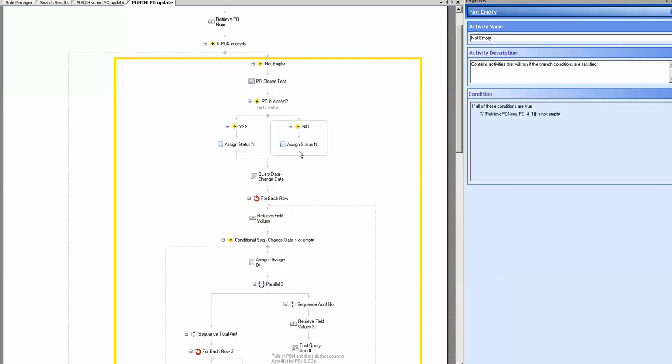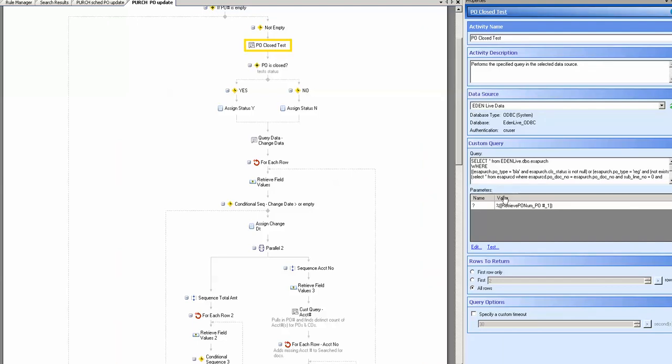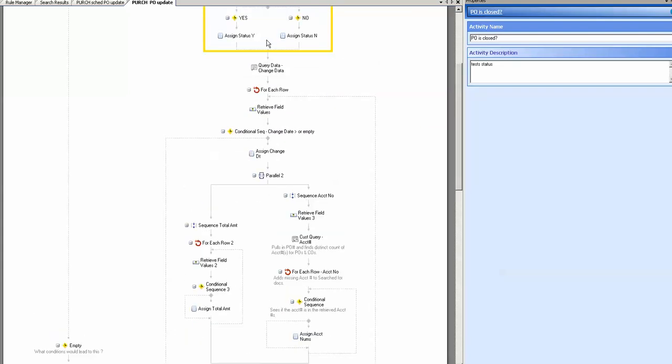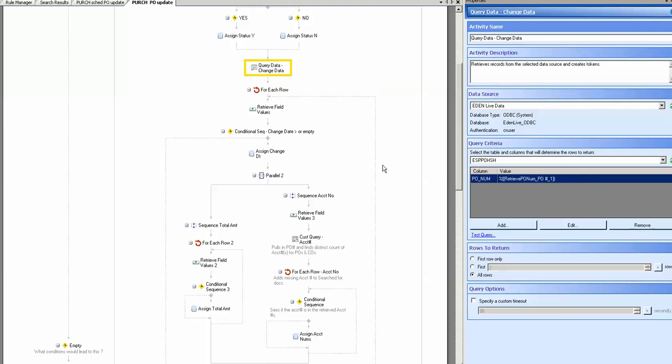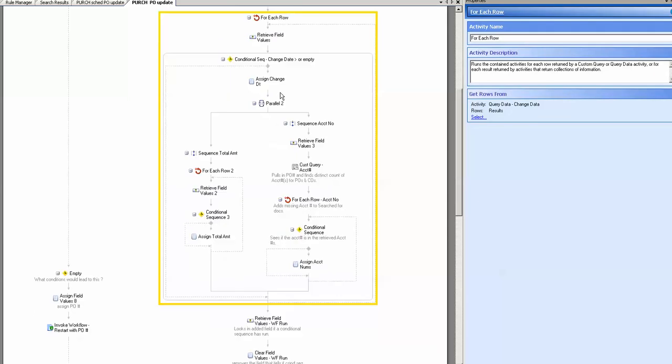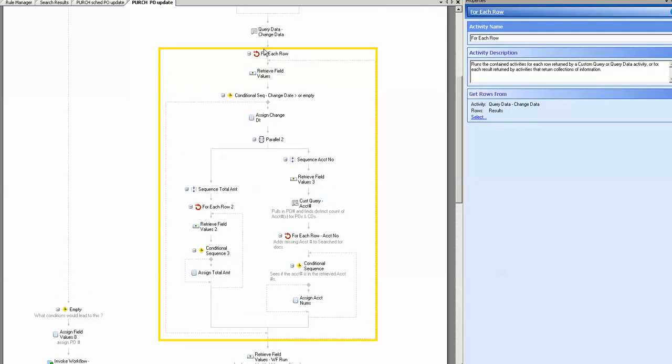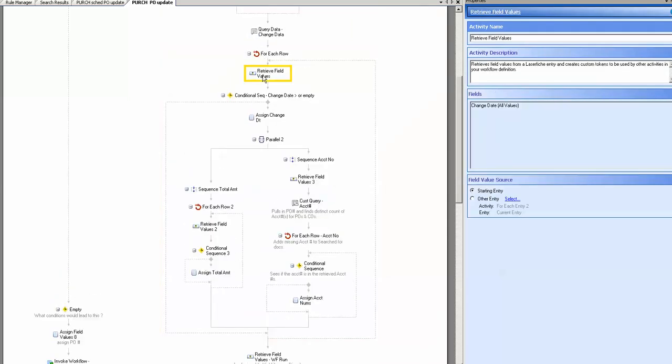So if it's not empty, we query this data running on the PO number to see if it's closed or not. If it's closed, we say yes, it's closed. If it's no, we say no, it's not closed. Here is the change date data, and again querying on the PO. And for each row that's retrieved, we go retrieve the change date,